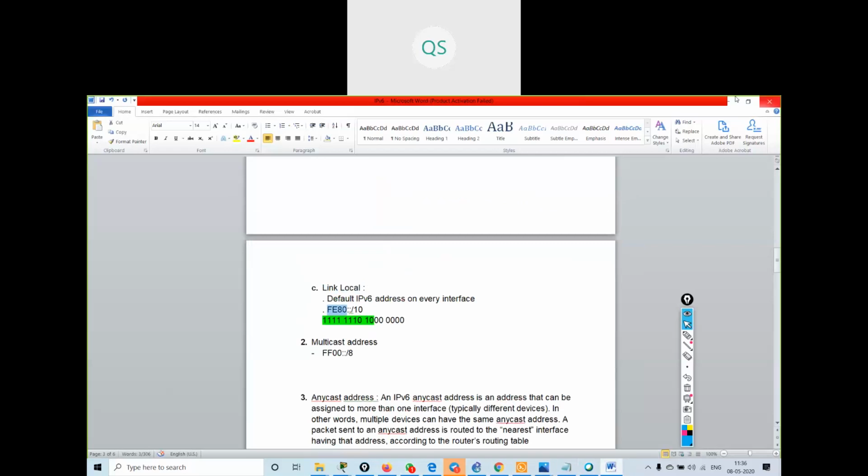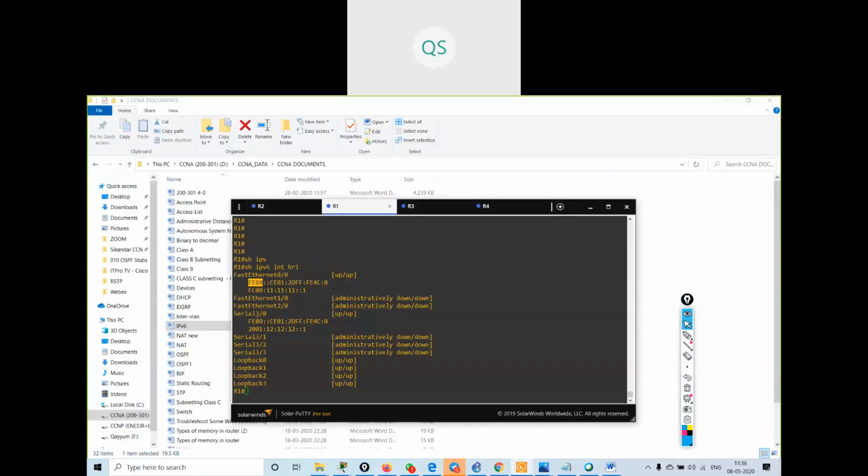So by default, on every interface that I configure, I will get a link local address.